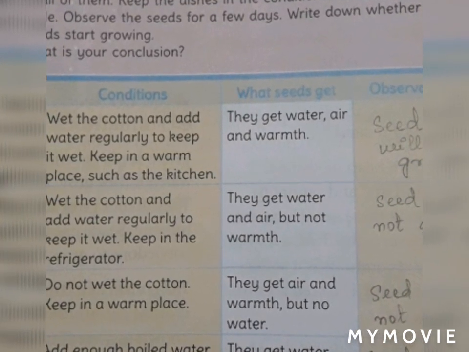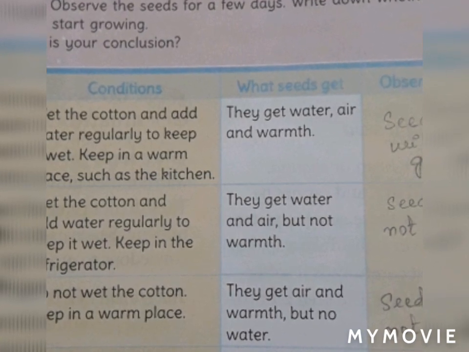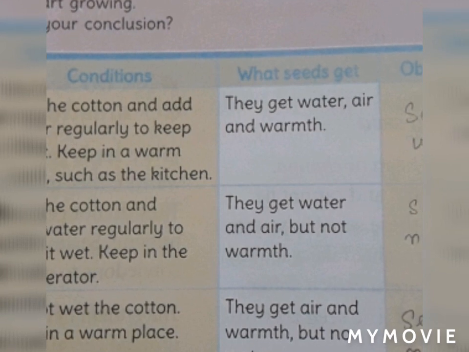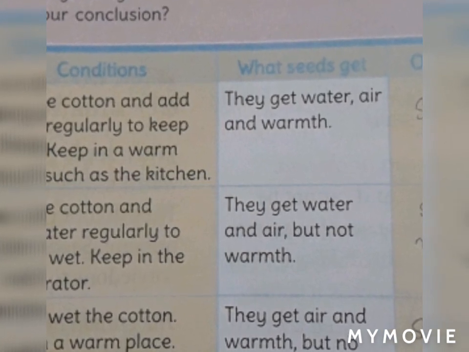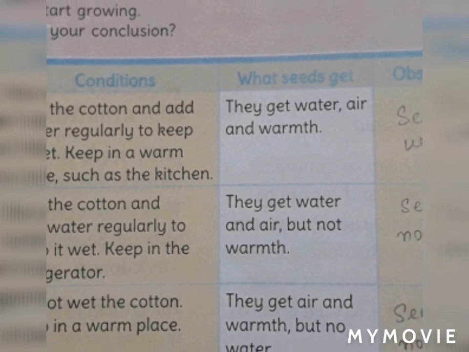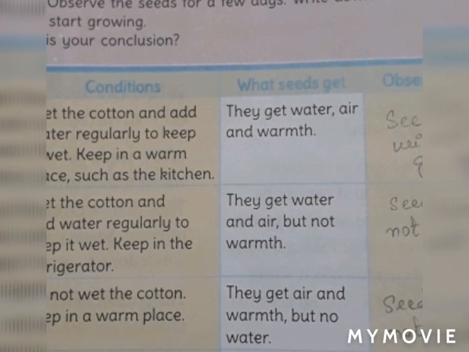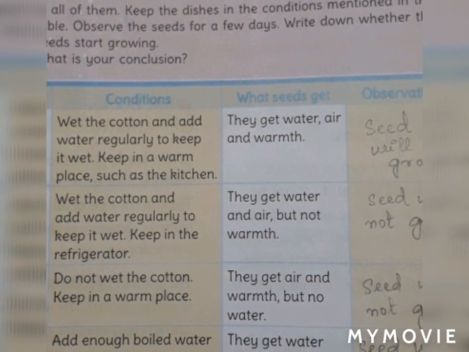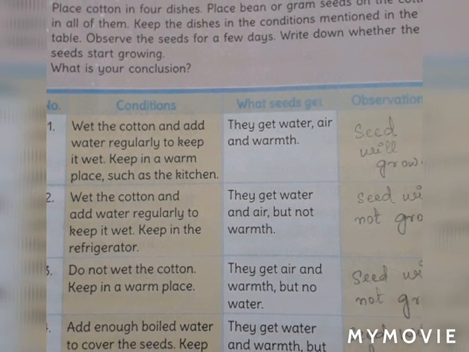So children, this activity you can write down with the help of your pencil in your book. As I hope you understood, the previous activity also you can write down with the help of your pencil in the book only, but it is not compulsory. It is not compulsory to write down in the copy. You will only write down in your book with the help of your pencil.